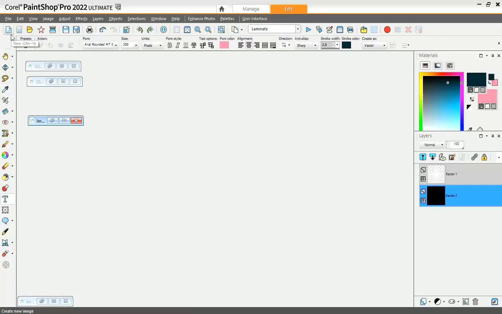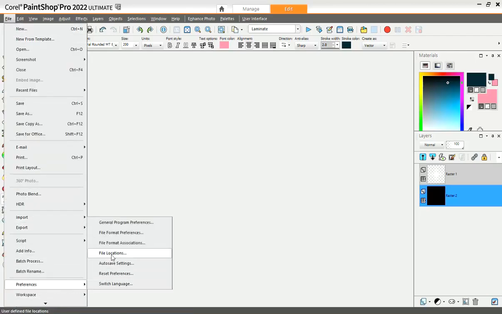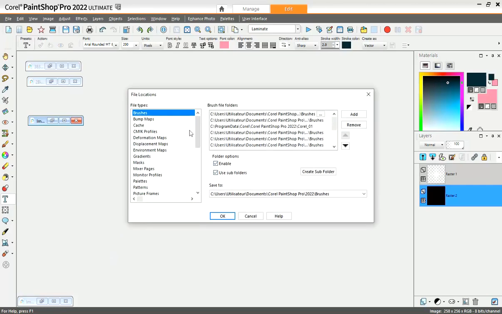Next question I had was from Susan. Susan was mentioning that in the file location, so under preference file locations, there's a bunch of paths and folders that were not folders that she had, and she was kind of wondering if she could remove them because